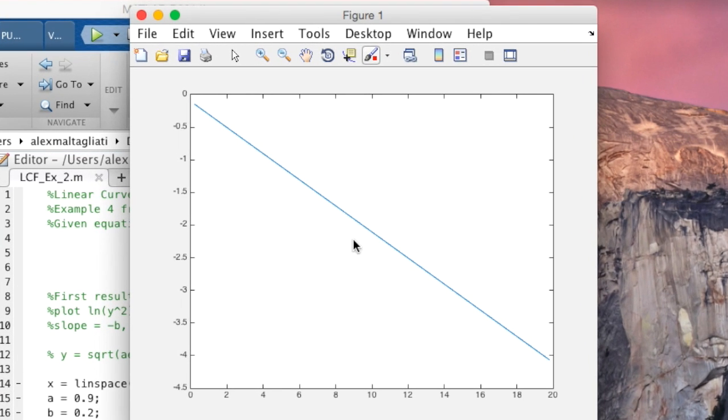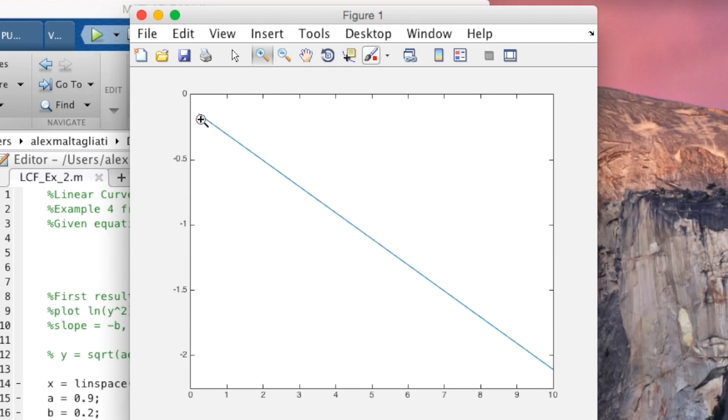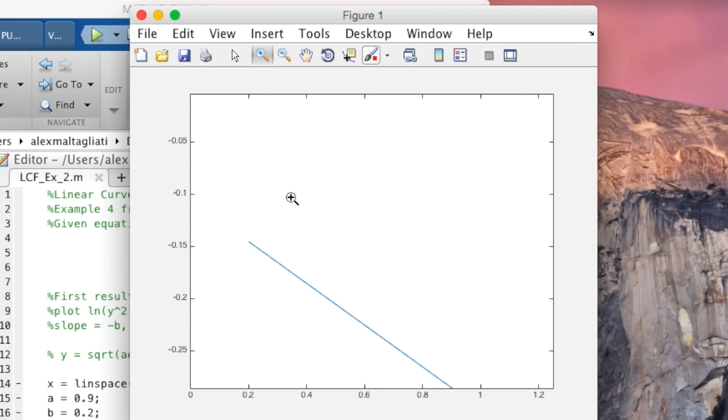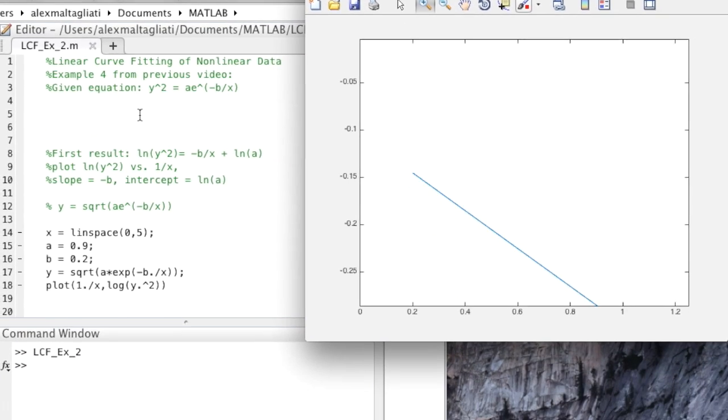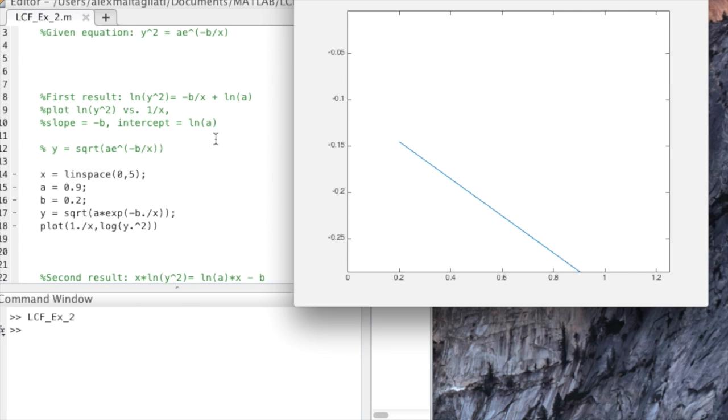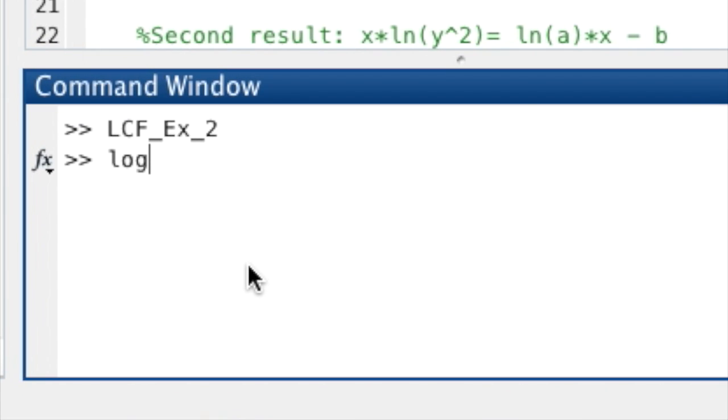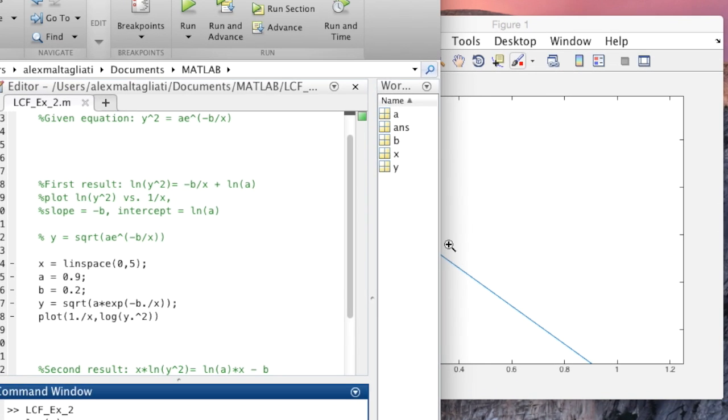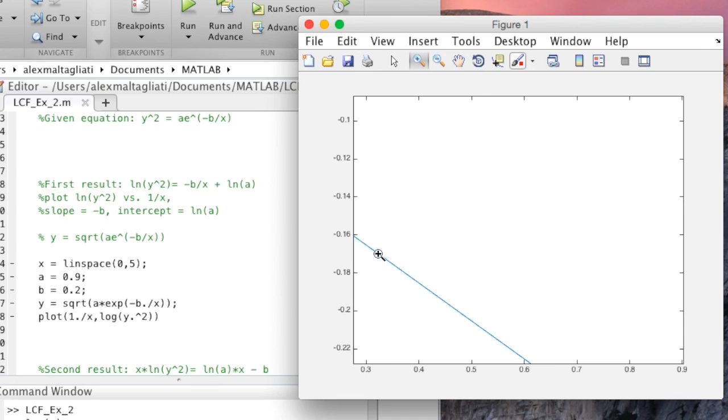Okay, as we predicted, it is linear, so that's good. Let's take our magnification tool and see what our y-intercept is. So looking at this, we can follow the line and see where that would intersect. Alright, to me it looks like it's about negative 0.1. And if we look here, we said that the intercept would be natural log of a. So what is that? Let's type it in. Negative 0.1. So that is consistent with our graph,